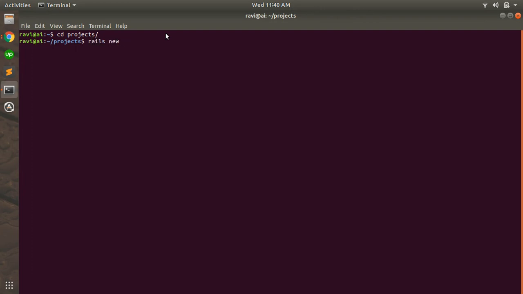You can name your application whatever you want to name it, but I'm naming my application rails new ajax-rails-demo-app.